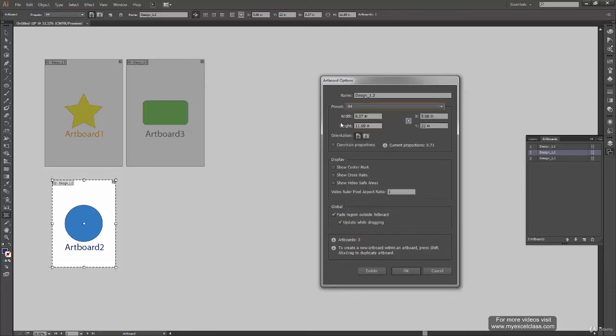Then if you are looking for a deeper customization, you can go and change these values by yourself and make your own artboard size. Let's say this is some 10 inches and the height will be some 15 inches. So I have customized it the way I want, and now it shows the preset custom over here.